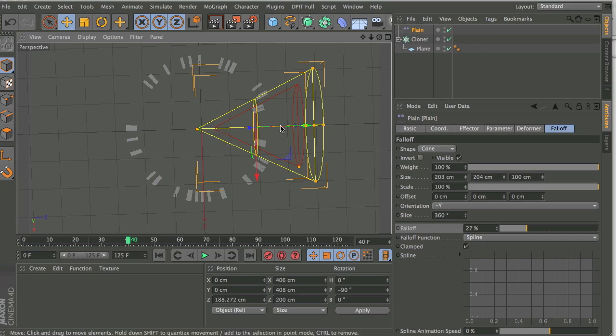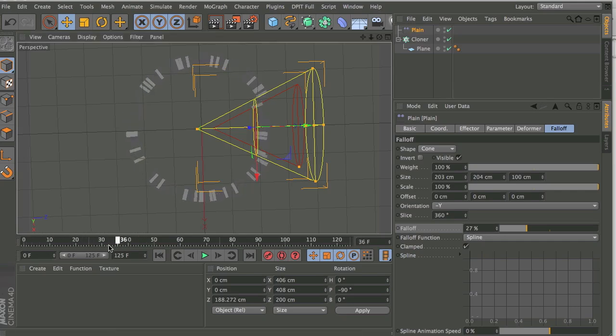What we will want to do is to rotate this cone around so that it looks like there's a wave going around our circle. To remind ourselves, the circle is moving in this direction. I think the cone should move in the other direction. Let's just go and